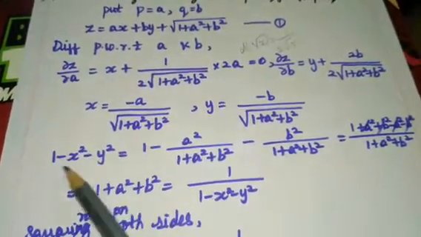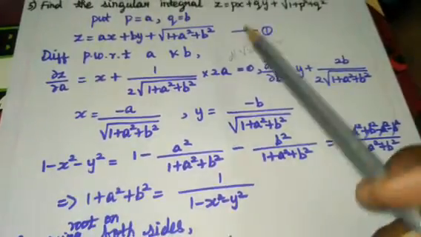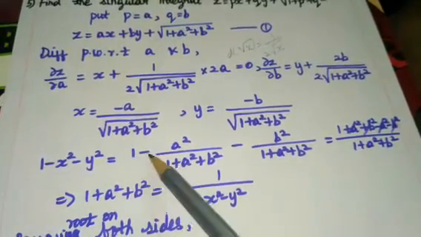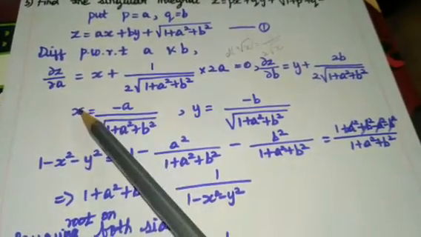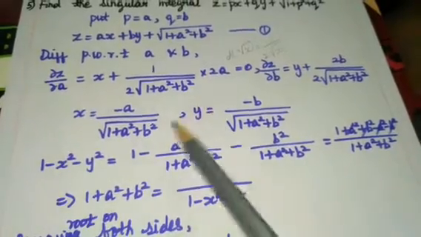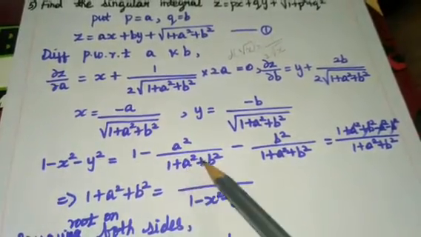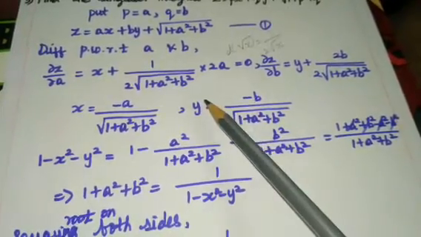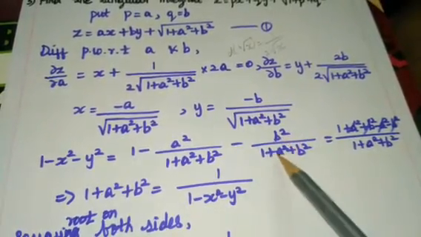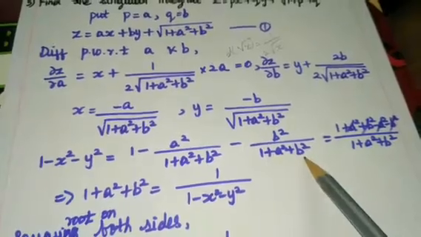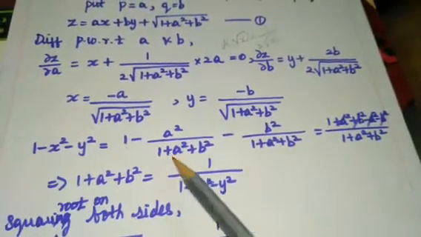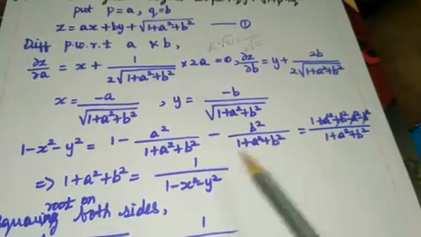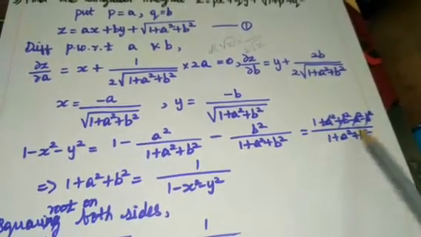Therefore, from this, we have to find 1 minus x square minus y square. Therefore, 1 minus, when we square x term, it becomes a square divided by 1 plus a square plus b square, and y square becomes minus b square divided by 1 plus a square plus b square. So when we take LCM, denominator it will become 1 plus a square plus b square. In numerator,